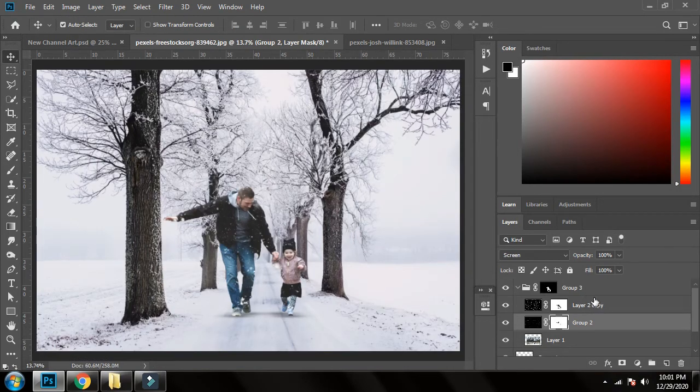So here it is. We have changed the background of the image and we have added a background with different weather, and it looks cool. It looks real. So that's all from today. From this tutorial I wanted to show how you can change the background weather, or change the background with different weather.